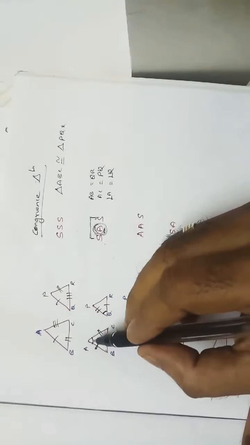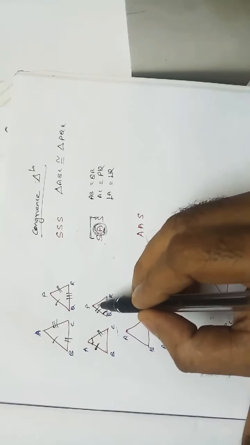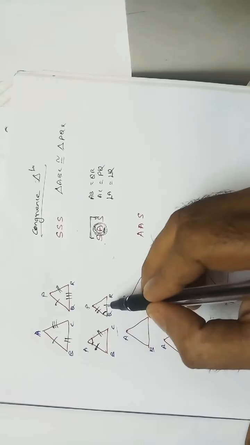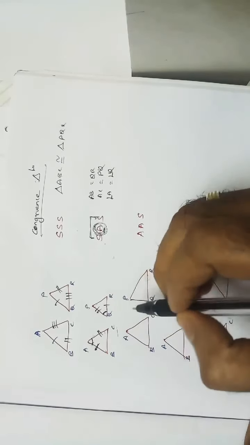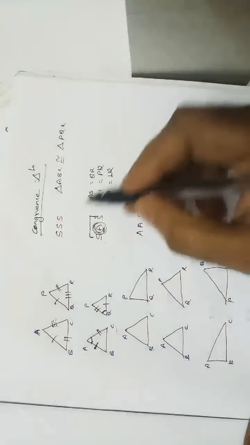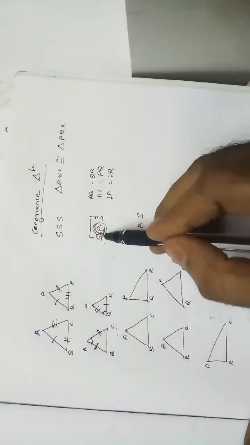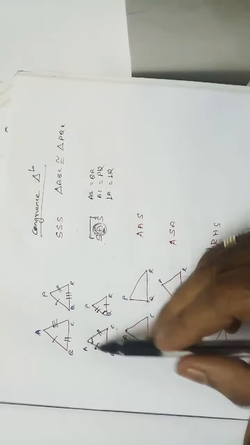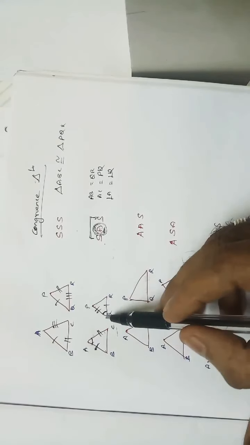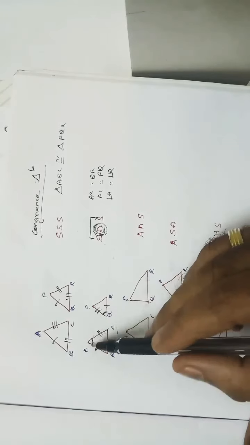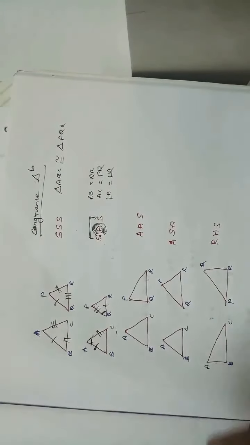Suppose angle A is equal to 30 degrees and angle P is equal to 30 degrees. Both are equal, angle A equals angle P. Then are these two triangles congruent? No. These two triangles are not congruent because it is not satisfying the side, angle, side property. This angle should be inclined between these two sides alone. Here AB is equal to QR and AC is equal to PQ. In between these two sides there is angle A and angle Q. These two angles should be equal. Then only this will be applicable.